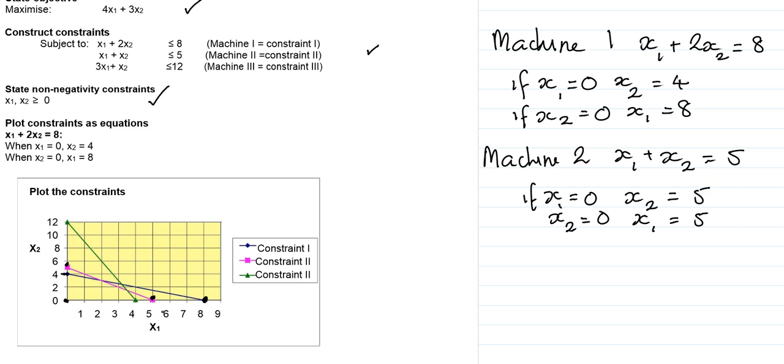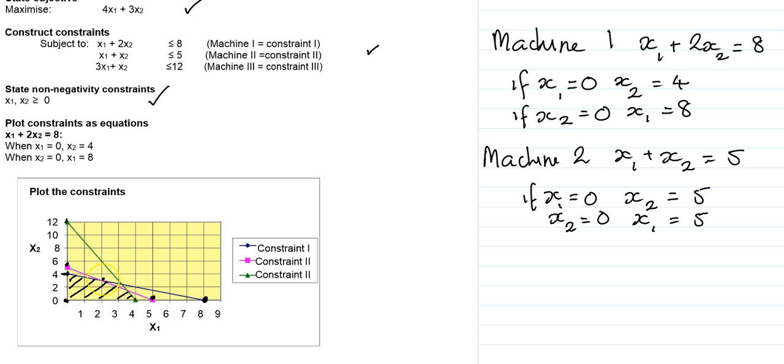Do exactly the same with machine 3, plotting the constraints, and that's the green line. Once we've plotted the three constraints, we can identify the feasible region here. All of this below this area is the feasible region, and our solution is going to be one of the points on that feasible region, either there